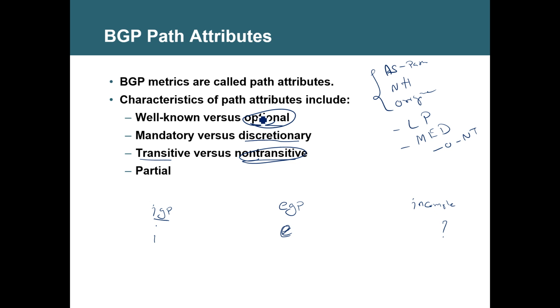If a vendor device says, I want to see it, otherwise I will not use the update, then such attributes come under optional non-transitive. I repeat, the attribute is not a needed one. I have a petrol car. A tin of diesel is not needed.